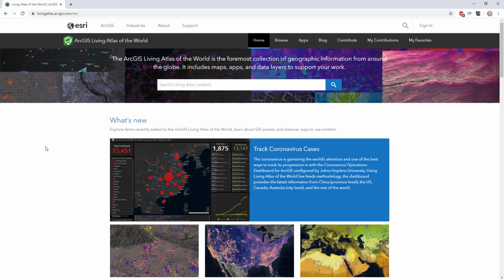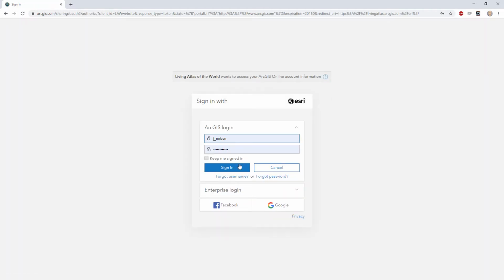And today I'm going to show you how to add your own content. So sharing means caring, and I use a lot of content from the Living Atlas, but I also upload content that I make to the Living Atlas to share with you all, to say thank you for all the content that you have shared with me. So let me sign in,